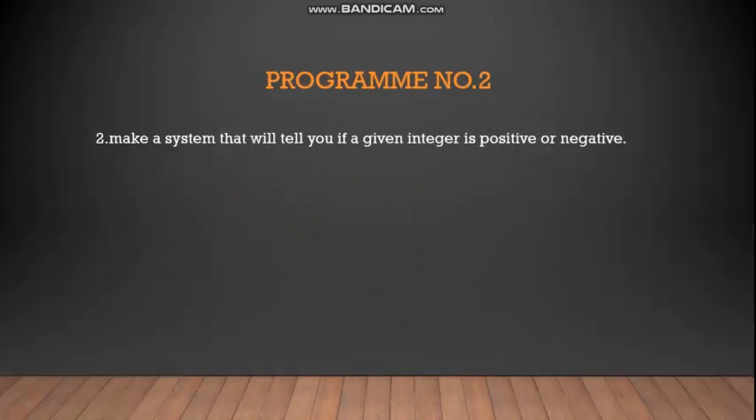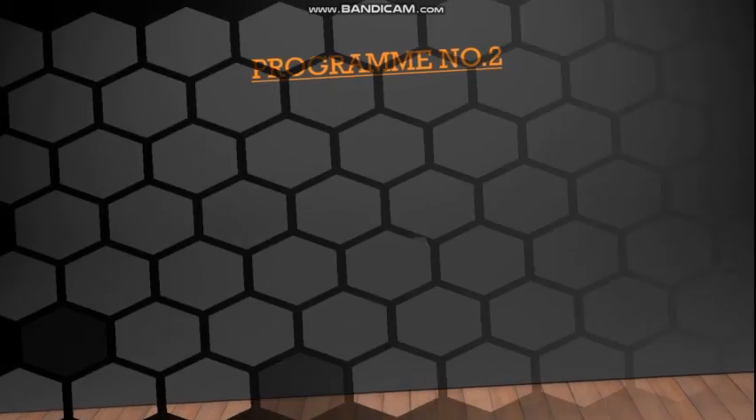Program number 2, you're supposed to make a system that will tell you if a given integer is positive or negative. That is, the system will ask you to put in a number, and after putting in a number, it will tell you whether the number is positive or negative. Program number 3,